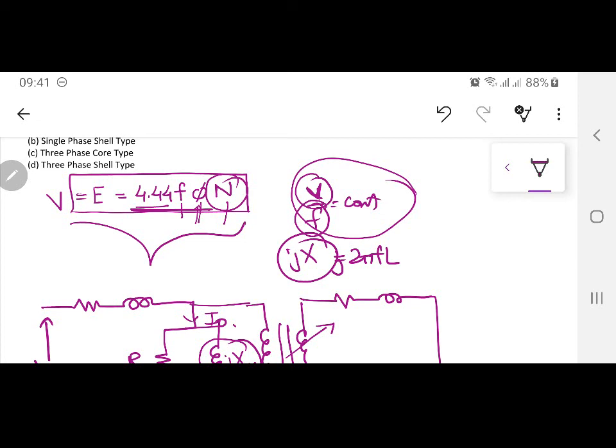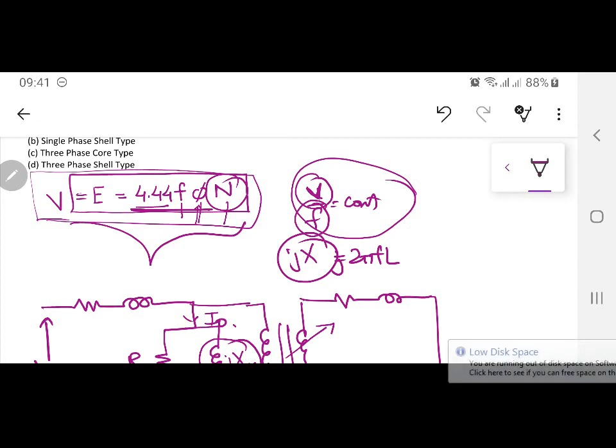Yes, it will be a transformer, but you cannot decide the number of turns unless and until you have gone through this formula. From here, this N gives you the minimum number of turns that are required on any side. Supposedly on the one side which was 100 volts, you wanted to convert it to 200 volts, so you will plug in 100 volts over here. 4.44 is a constant, frequency F is 50 Hertz. Flux phi is certainly based on some table, I will get to that afterwards. You can find out N. That N value you get is going to be the minimum number of turns. You can have more than that, no issues.